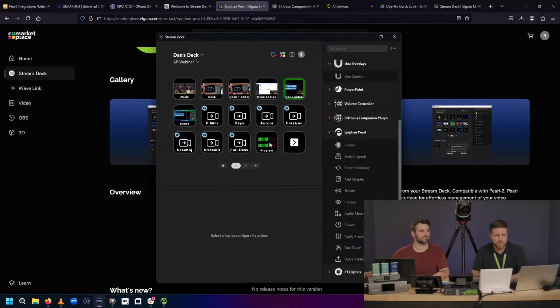You can even do things like, you see we have our audio meters here. We've also paired this with our camera presets. Shout out to PTZ Optics for providing this great desk camera we have behind us. We have all of our presets for our camera programmed. We have our graphics, you name it. There's so much you can do with the Stream Deck, and with the Epiphan Stream Deck plugin, it's easier than ever.